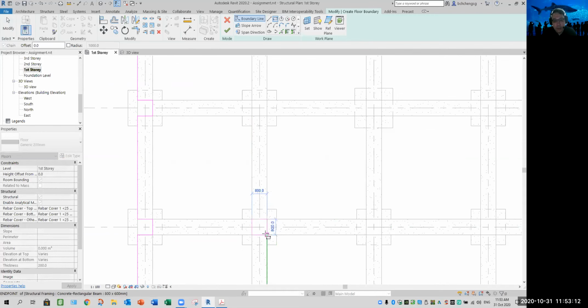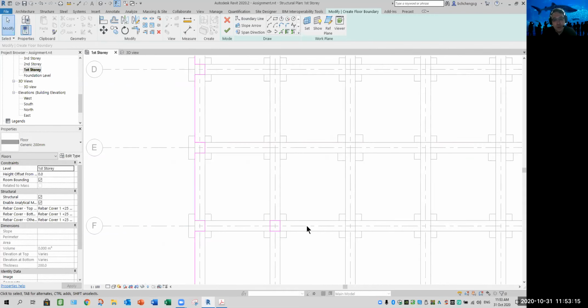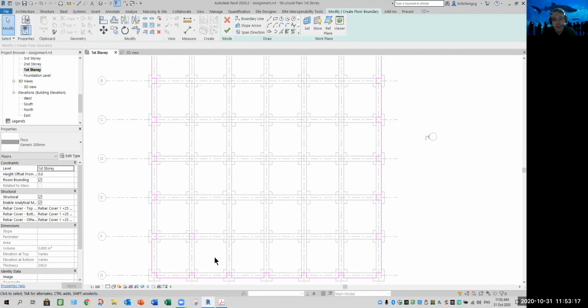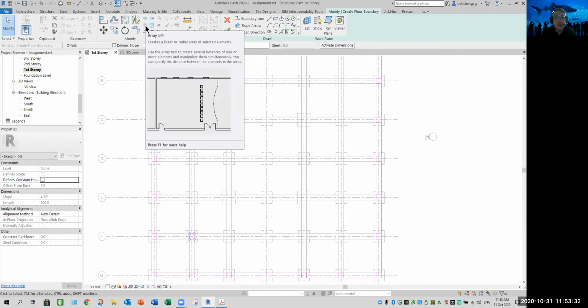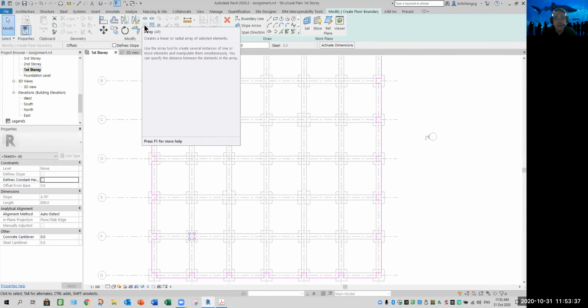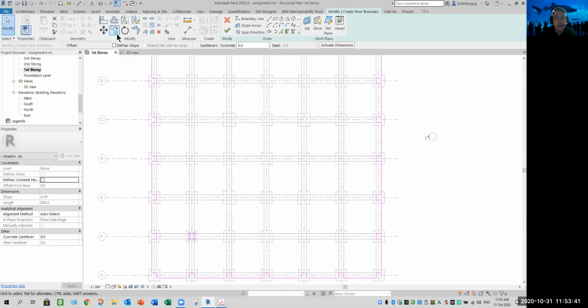1, 2. You can use array if you want, because how many of them? 1, 2, 3, 4, inclusive 5. You can array or you can use copy. So I'm going to use array. Oh, cannot array. So I got no choice. See that? I was wondering, so good if I can use array, but sorry, you can't. So can only copy. So copy